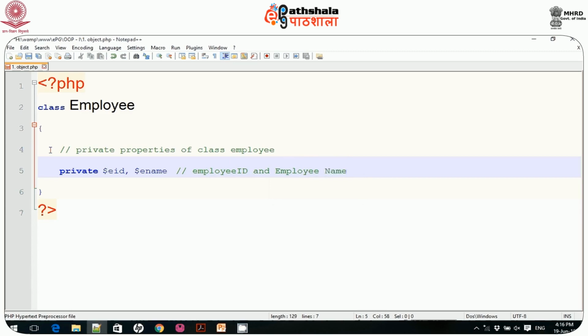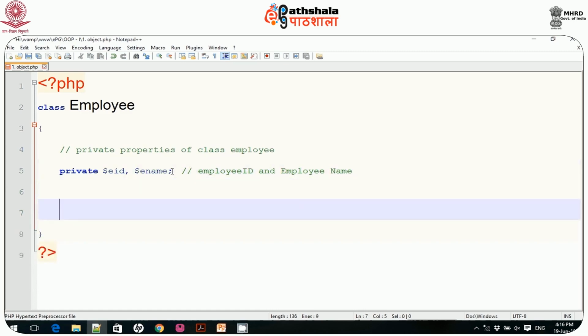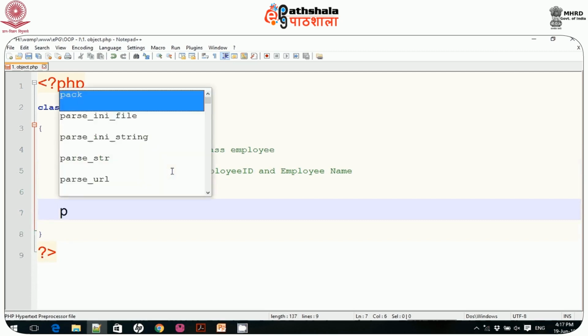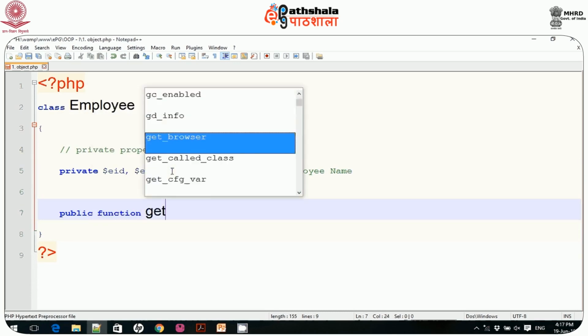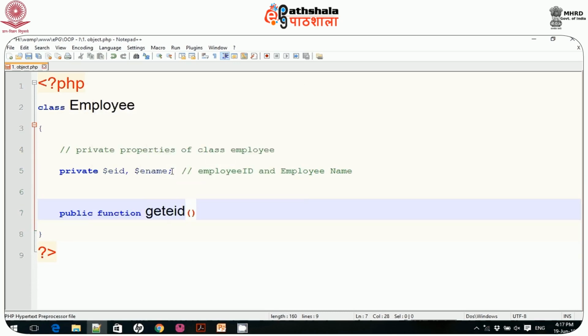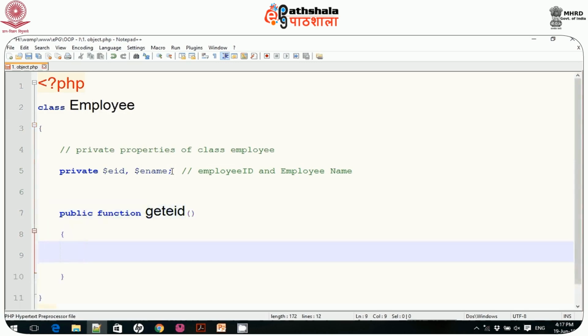I have to provide a semicolon once I define that. Then I have to write methods. So let me write the first method, public function. The function name I will write getEID to get employee ID. It does not take any parameter, so I just write return